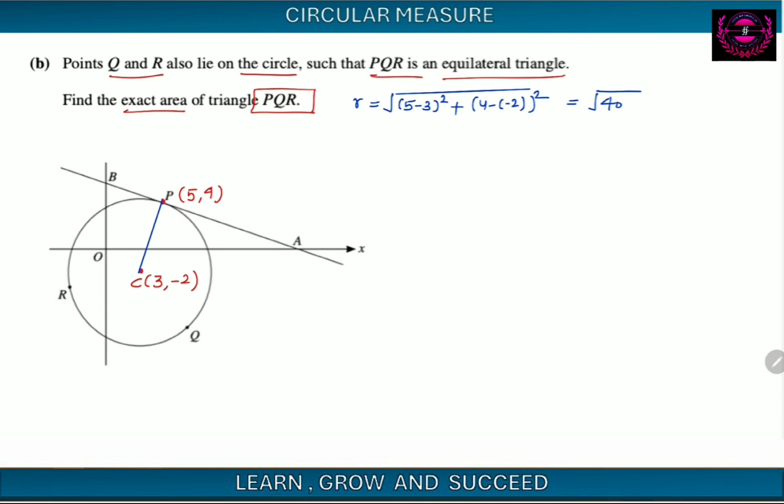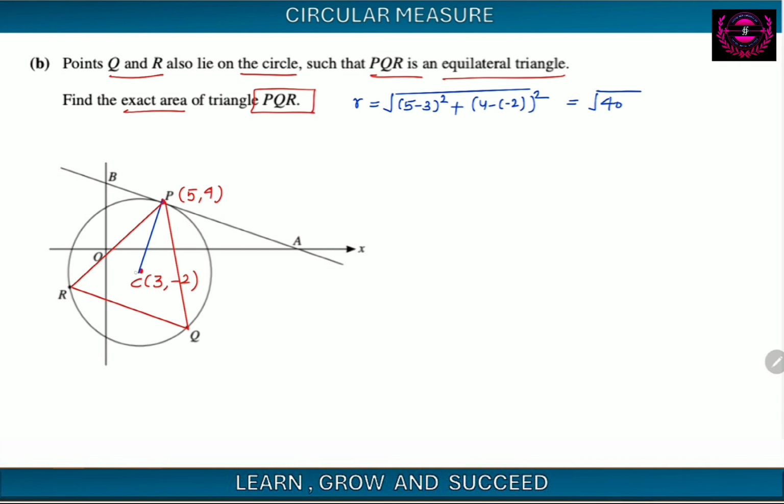Our objective is to find the area of the triangle PQR. This is RQ, and this is the triangle whose area we have to find. And see,